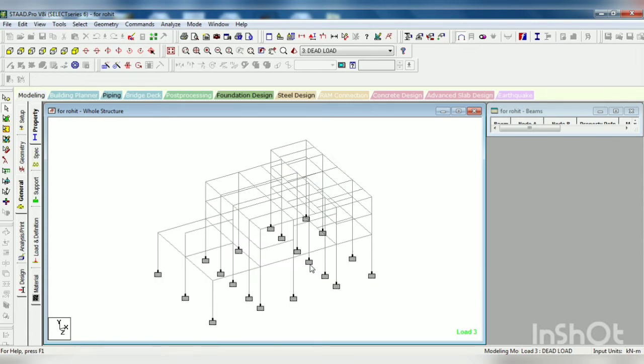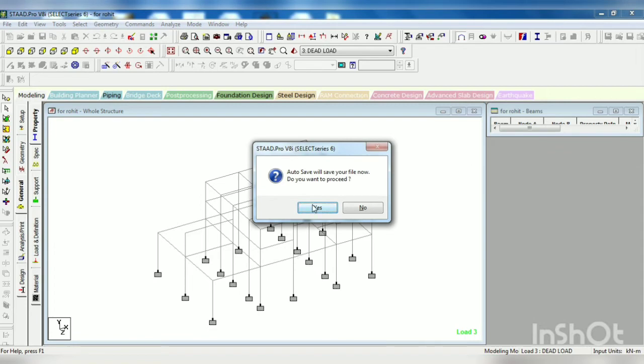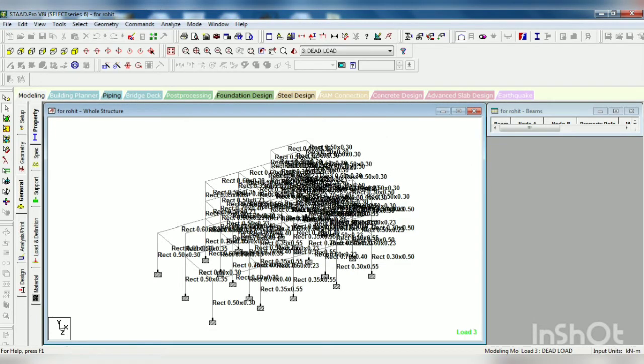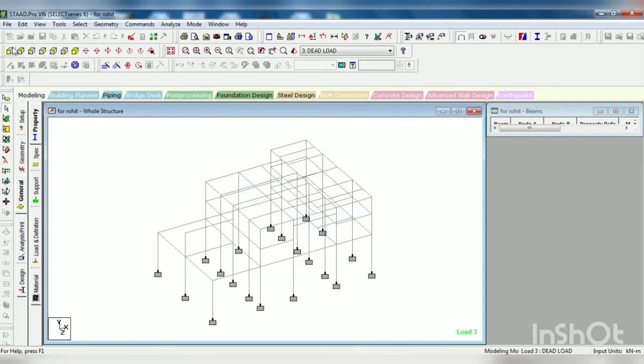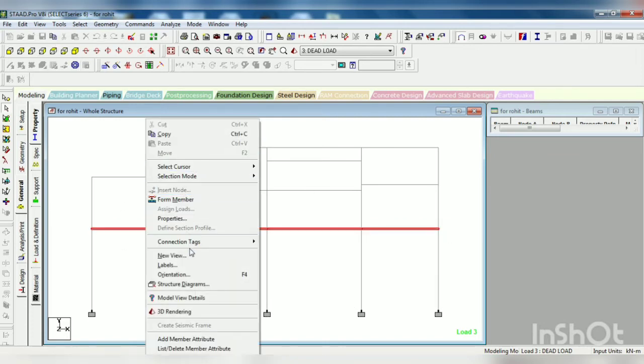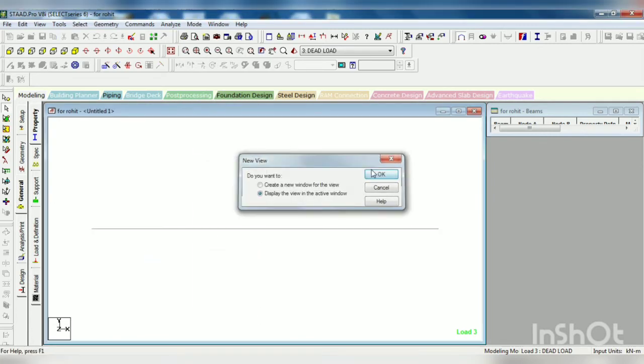Our next very important one is property assign. If you press Shift X it will show the properties that we have assigned. In a simplified way you can just select, go for a new view and click on OK.